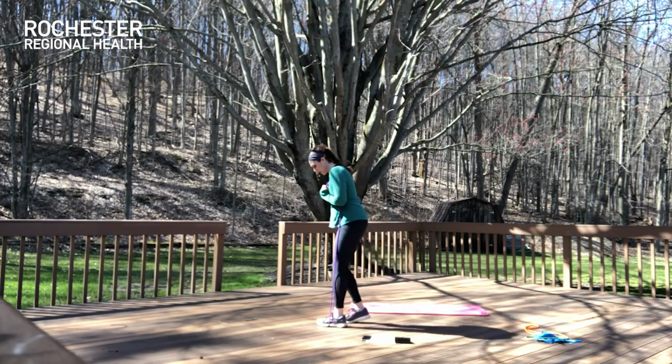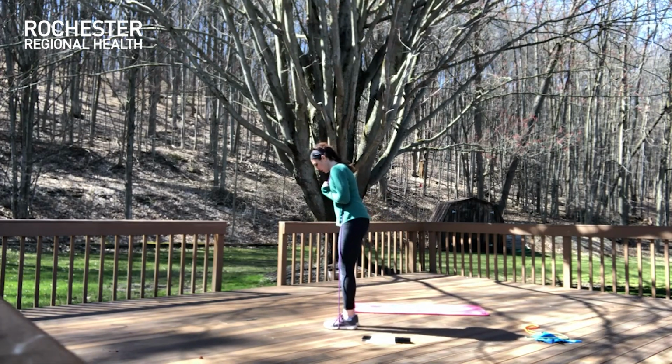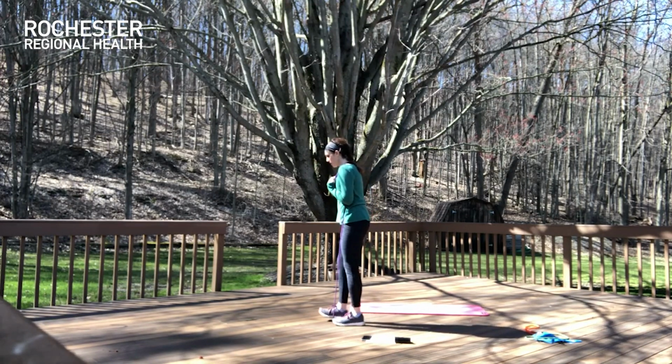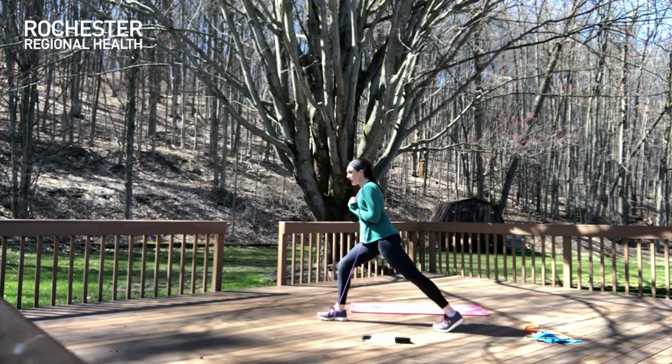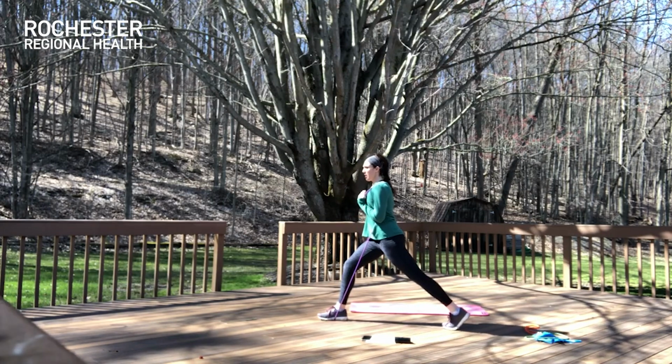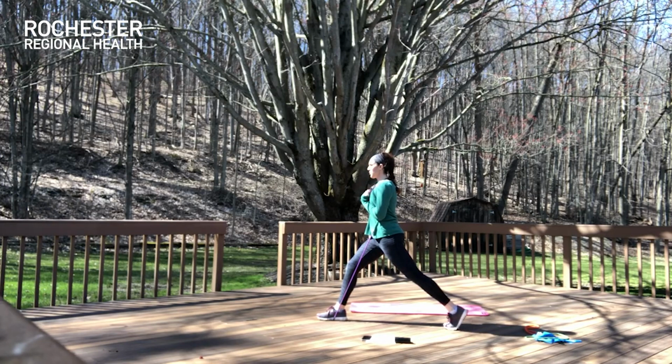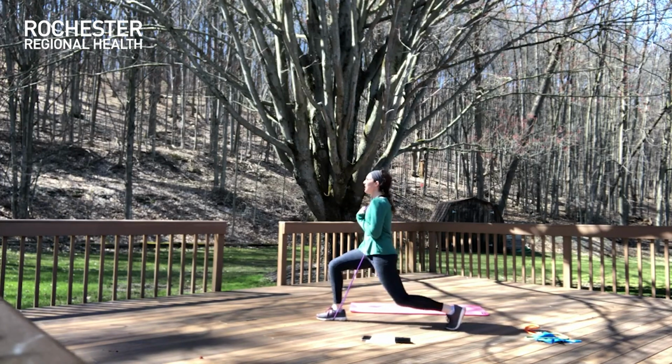Let's switch our feet. So we'll step forward, trade it off, scooch around, do what you gotta do, okay? Take your other leg back, up on that back toe, make sure you step long enough, and let's bring it down, and up for 10,